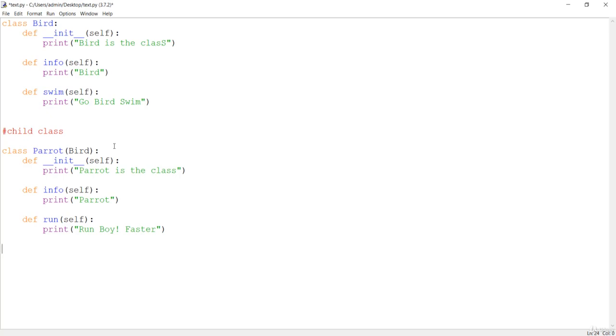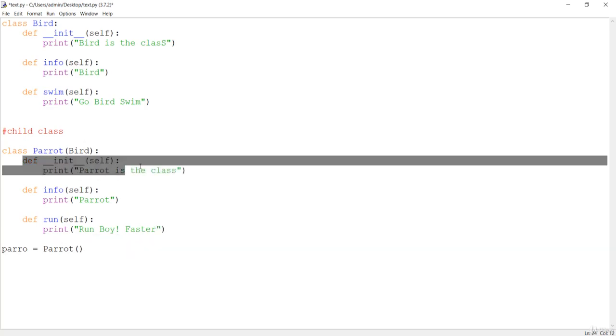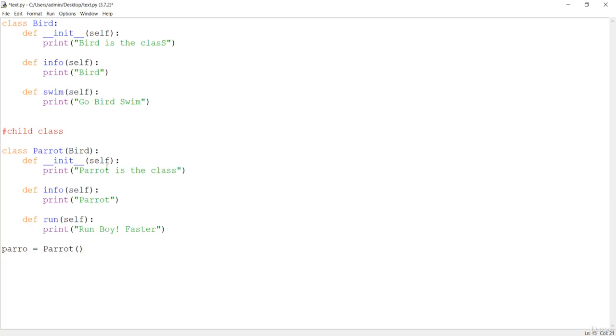I've told you before that while you create the class, the next thing you need to do is instantiate the object of that class, that is, make the instance of the class. So first of all, let me say parrot is the name of the parrot, and let me instantiate this parrot. We don't need to pass anything while instantiating, because the init method is going to be called and there is nothing except self. So self is not to be given any parameter. That means it will just call this parrot.